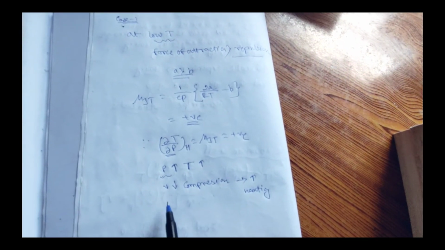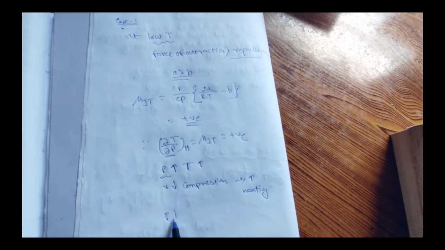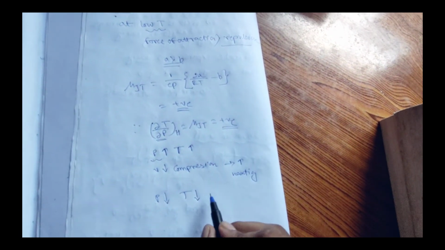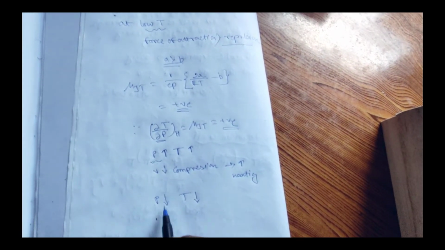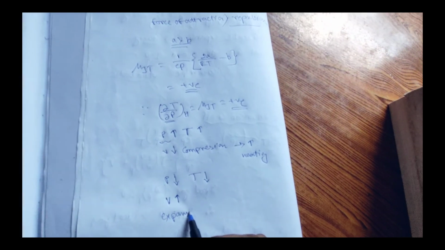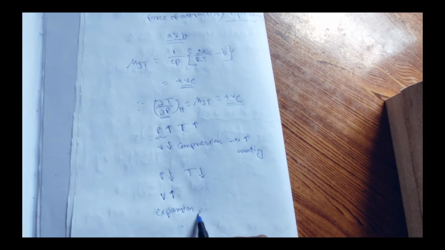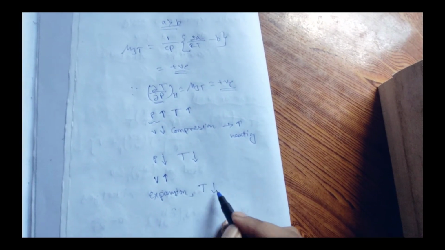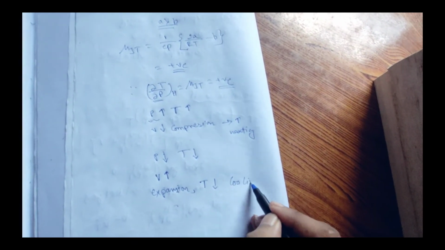And if pressure is decreased, T must decrease to keep mu JT positive. This means pressure decrease means volume increase, meaning expansion. This comes to the point that temperature decreases, that means cooling